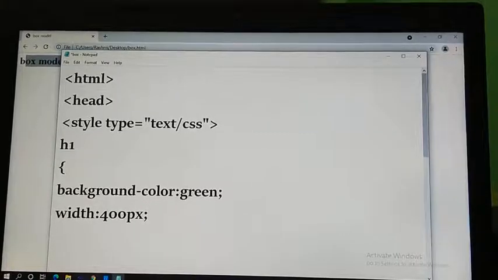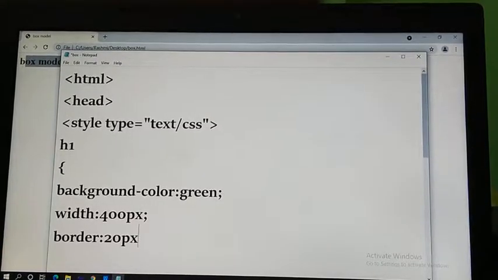Now again I'm writing border thickness, colon. Border thickness I have set to 20 pixels with solid yellow.